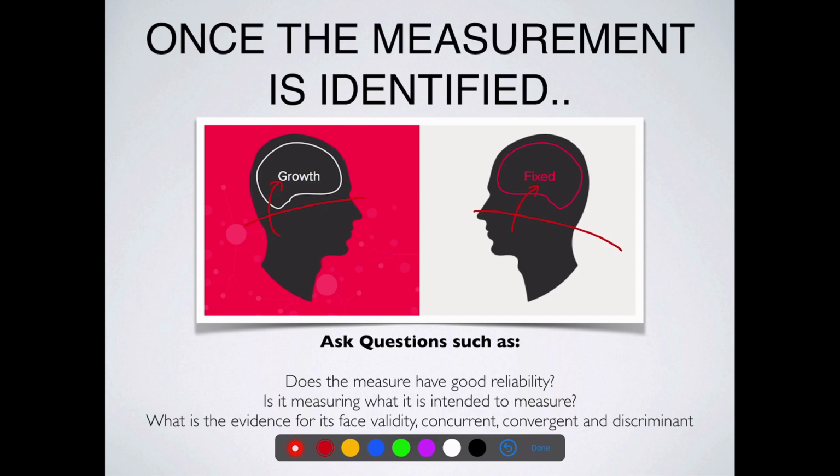For example, you might hear people saying things like, well, I'm just not good at tech. I'm just a good writer. I could write an essay the day before and I'll get an A. Both those examples are fixed. I'm just good, I'm just bad. So if you're evaluating this measurement and the validity in terms of,